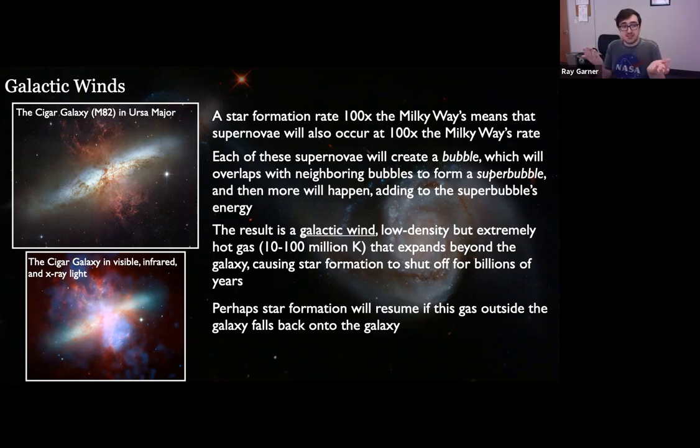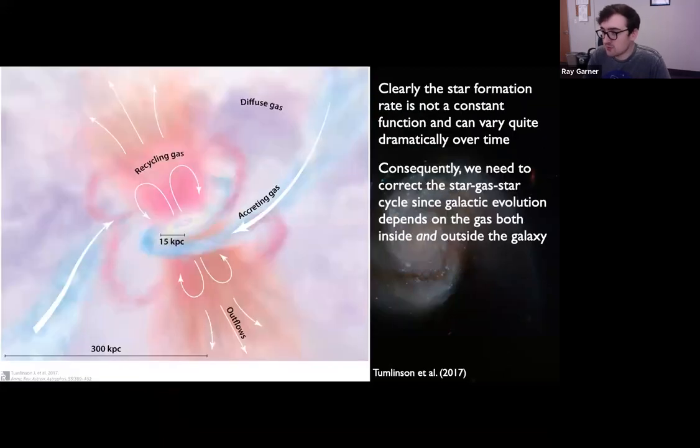So over the next millions of years, the Cigar galaxy will shut off. It will stop forming stars because it's blown out all of its gas. And so clearly the star formation rate is not a constant function and can actually vary quite dramatically over time. So that means we've got to correct this star-gas-star cycle, since galactic evolution depends on the gas both inside and